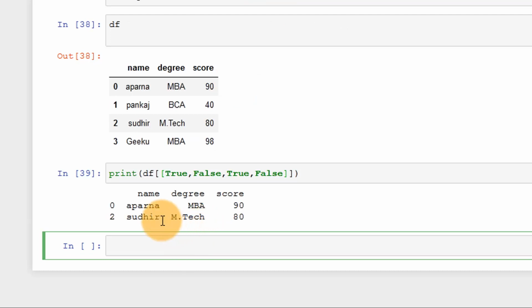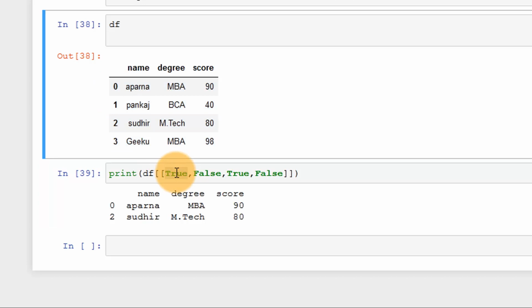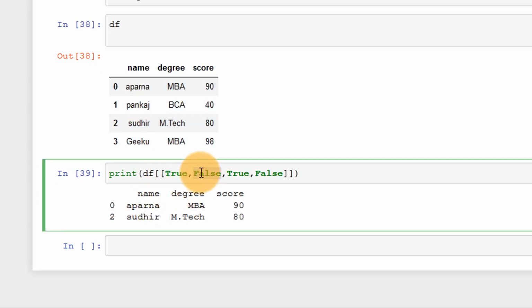It gives me the row index values for which I have supplied true. So I'm having a row mask, actually a row index mask. The first index value, that is 0, is true, so I'm getting Arpana, and then the next is false for Pankaj, so I am not getting Pankaj.